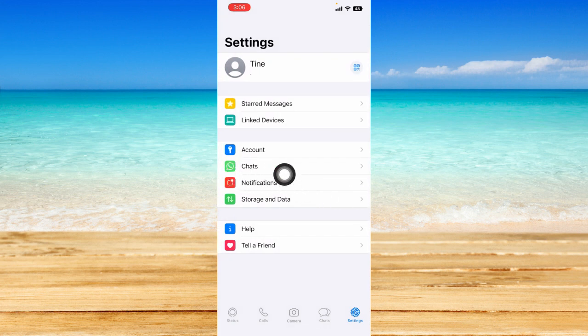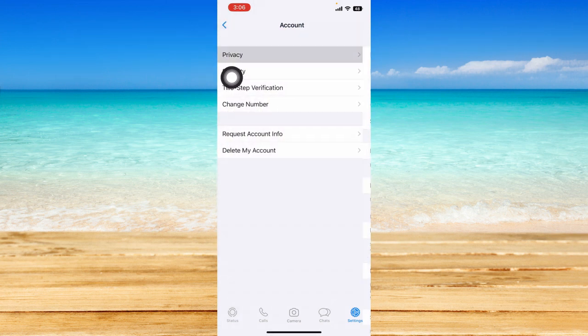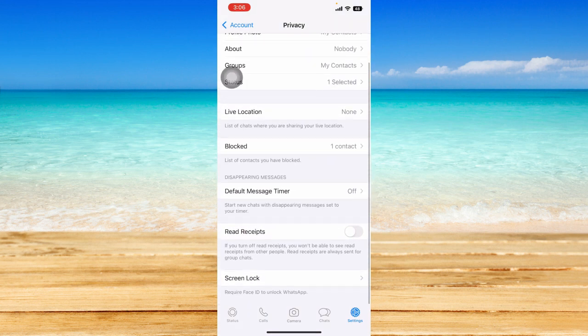After that, let's click on this account option right above the chats option. And from here, we click on the privacy option. Just click on that. And once we scroll down a bit, you should be able to see the read receipts option right here under the disappearing messages section. So if you turn off the read receipts, you won't be able to see read receipts